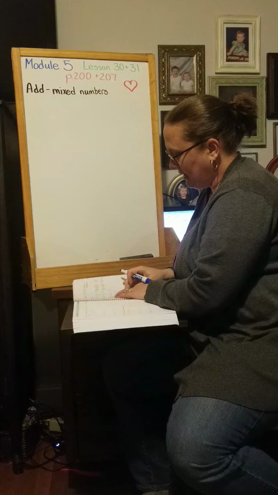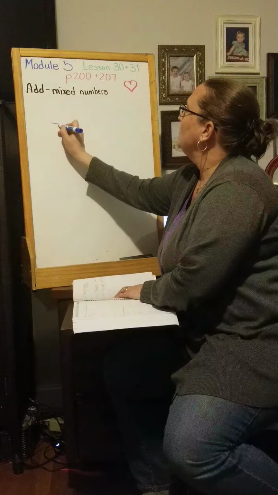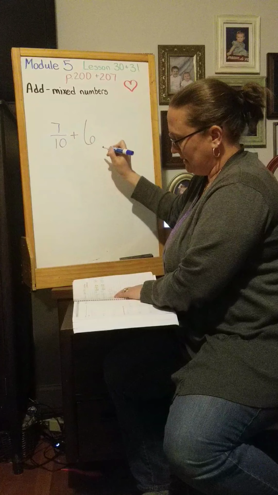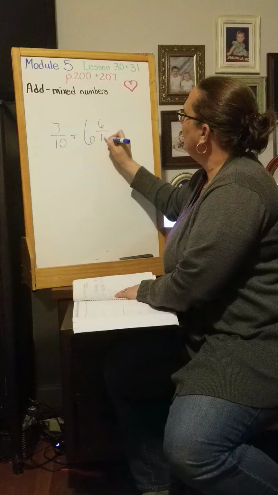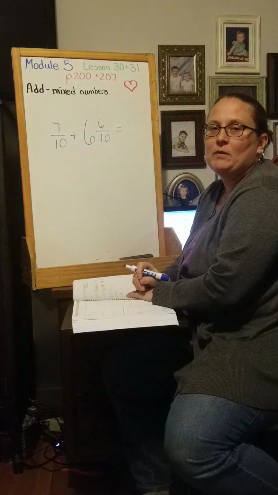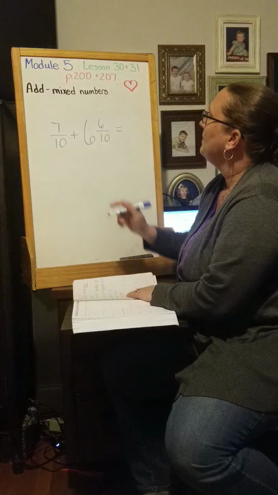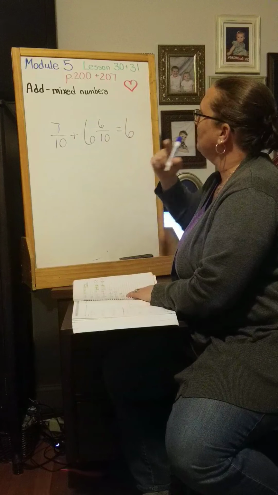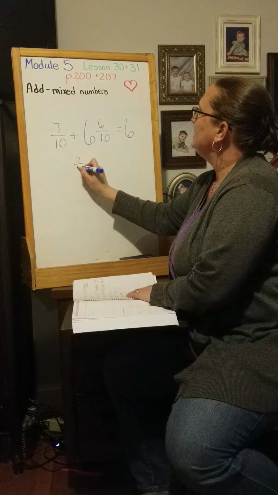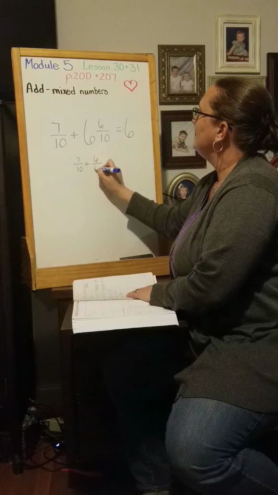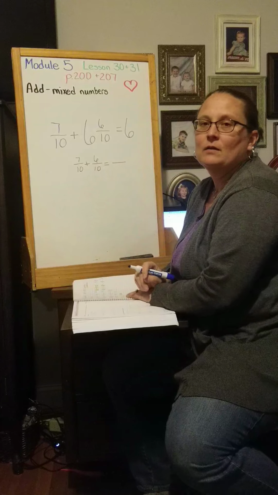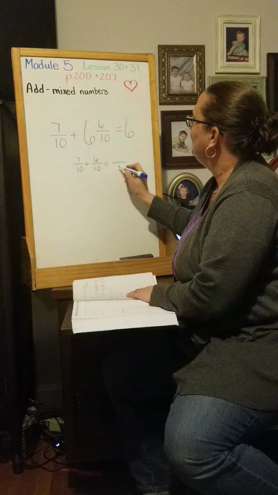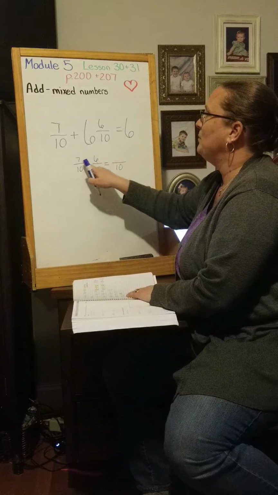All right, let's see. We have this one. So we have 7/10, and we're going to add 6 and 6/10. Again, we have a common denominator, so we don't have to worry about that. We add up our wholes. We have no wholes here, plus 6 wholes, so we have 6 wholes. And then we've got to add up our fractions. 7/10 plus 6/10. We're using a common denominator, so our denominator is going to stay the same. We know we have tenths. We add up our numerator, 7 plus 6,